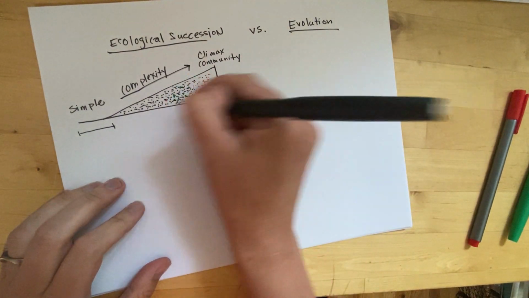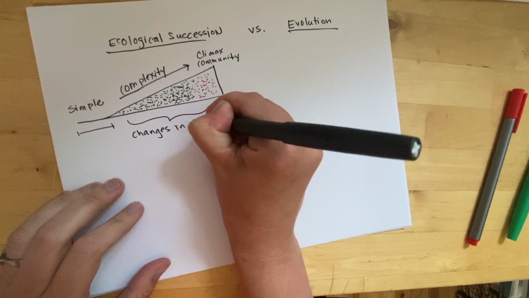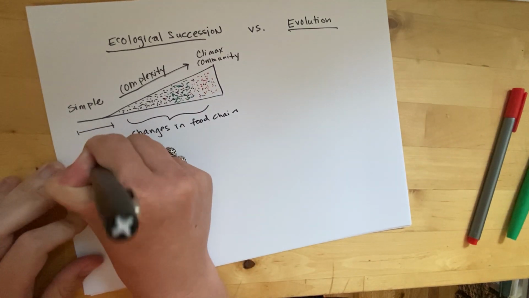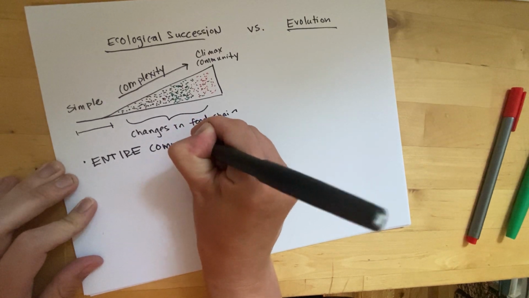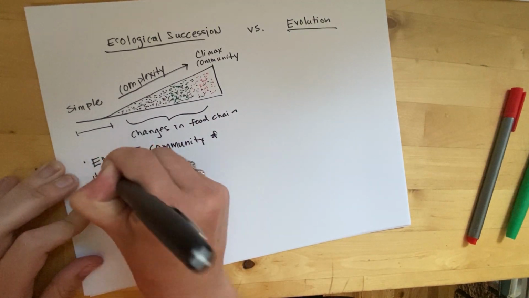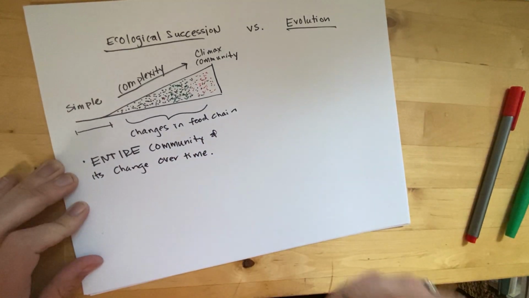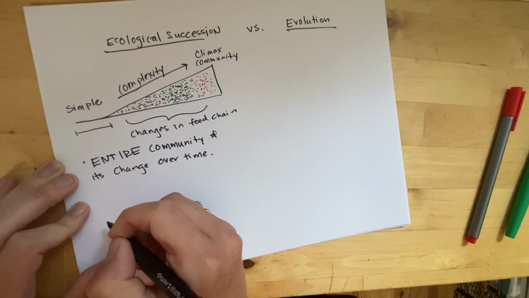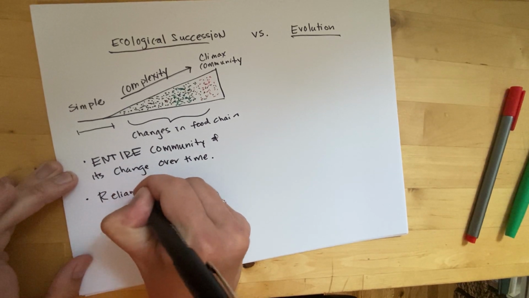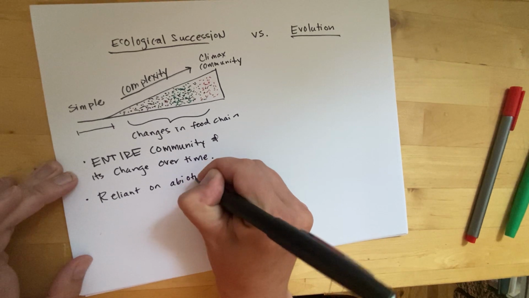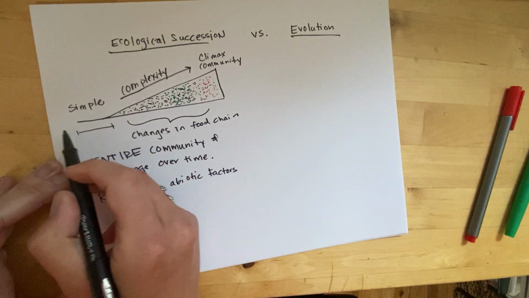So really, you can think of it almost like changes in the food chain. I'm looking at the entire community and its change over time. Okay, now this is also reliant on some of those abiotic factors that we've talked about. So that's a good thing to write down too. So it's reliant on abiotic factors. So especially if we're thinking back in time,